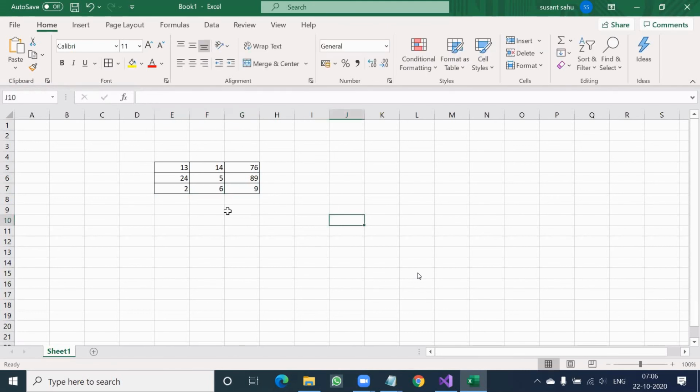Some values are there, but it is a 3 by 3 matrix. Can I say that? Because there are 3 rows and 3 columns. So this is said to be a 3 by 3 array or 3 by 3 matrix, right? Have a look. This is the diagonal. Even this is the diagonal. So highlighted in yellow are the diagonal elements.